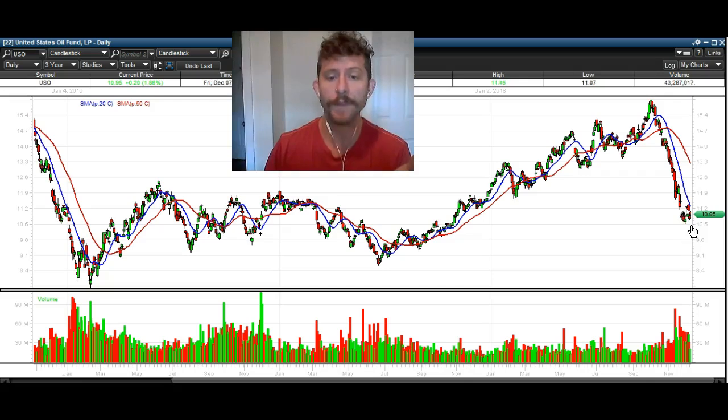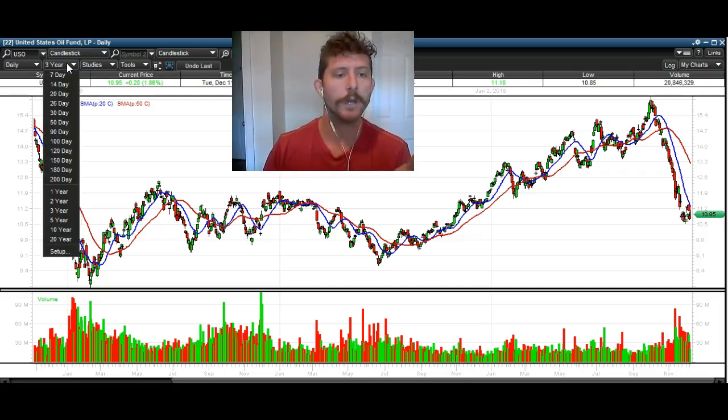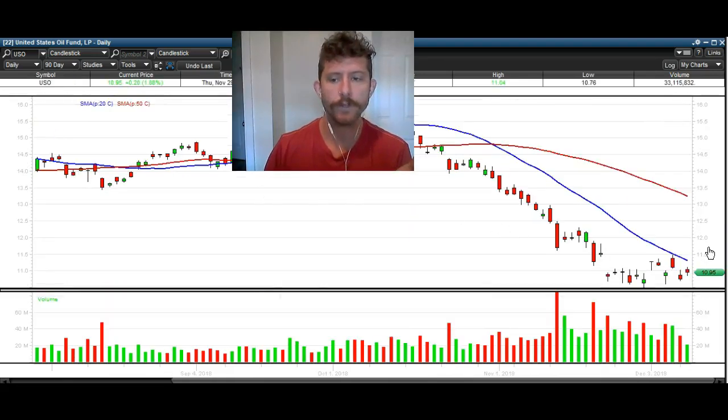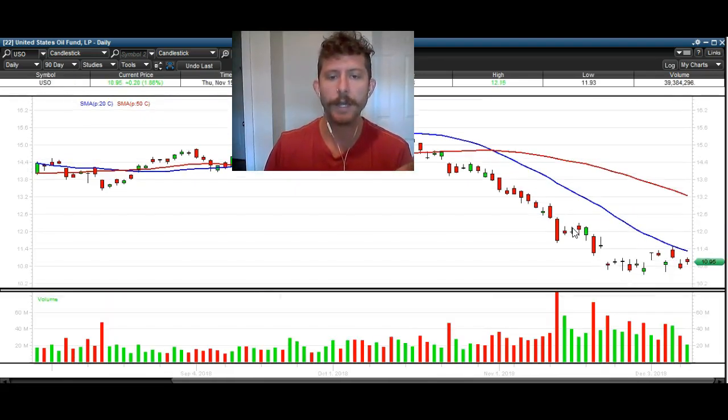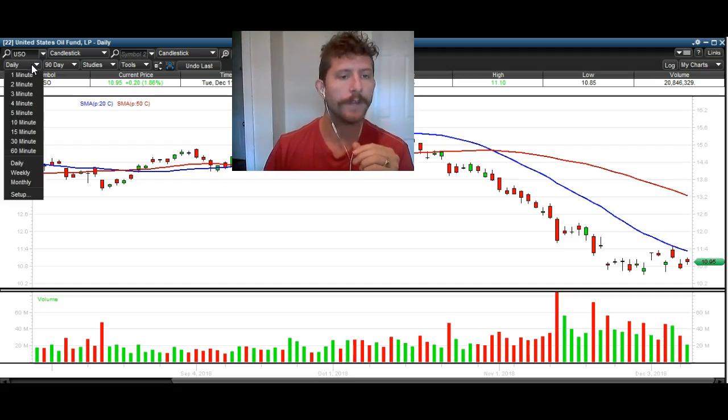So that's one thing. Now I'm going to zoom in a little bit to the more recent action, and you can see we've been trading sideways here, we've been trading down for a while, but now notice the action here. We're kind of trading sideways, so we're taking a pause, and we are getting some gap ups. A gap up here. Today was a gap up. So we're seeing a little bit of strength. Just some early signs of a potential bounce. Early signs. Nothing substantial just yet, but definitely some early signs.